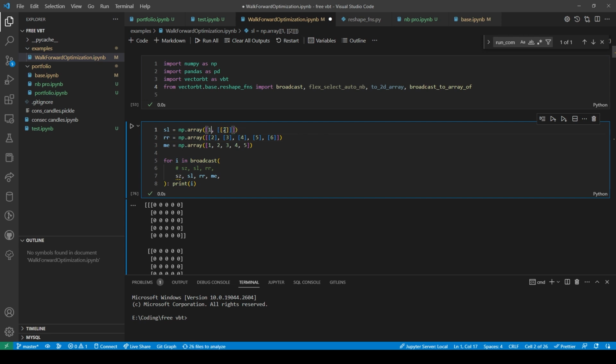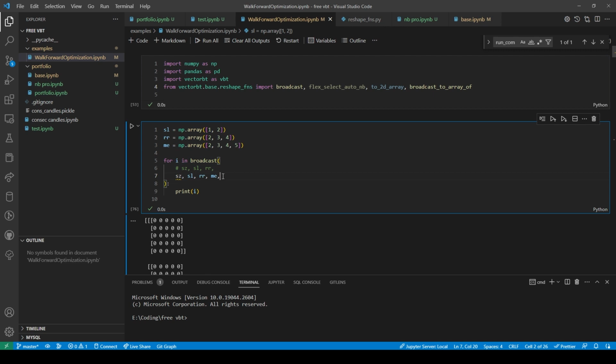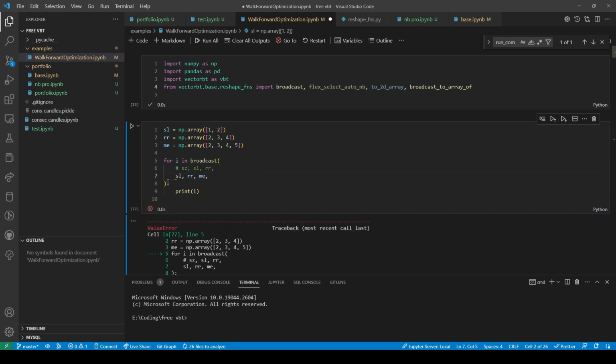So if we have this, then we have this, then we want to have our max equity at like 2, 3, 4, and 5. So what we have here would not work.